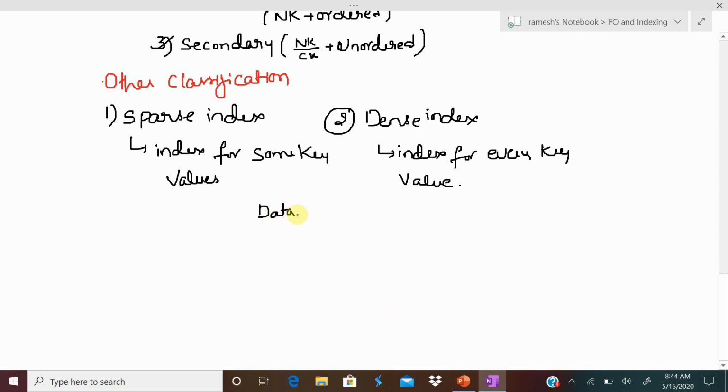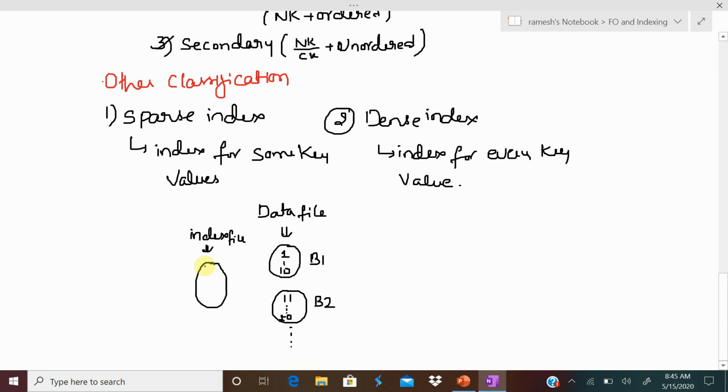Assume this is my data file. My data file consists of some blocks, 1, 2 and so on. Say my block 1 contains students with roll number 1 to 10 and block 2 contains students with roll number 11 to 20 and block 3 with 21 to 30 and so on. Suppose over this data file I wanted to create an index file.